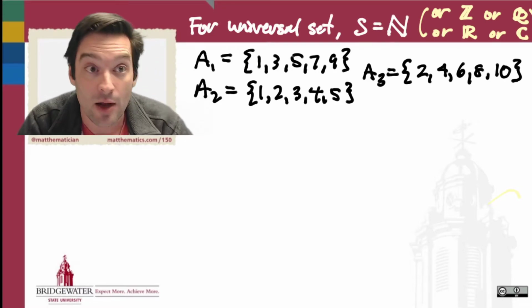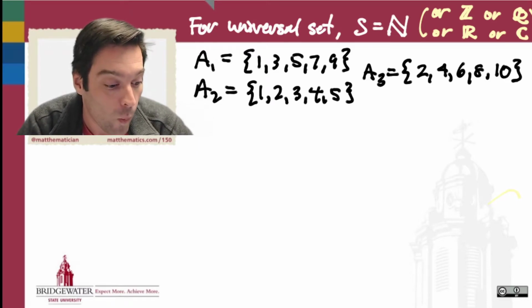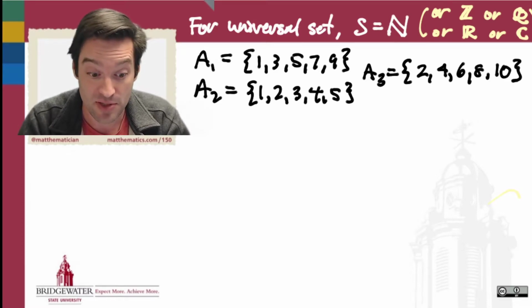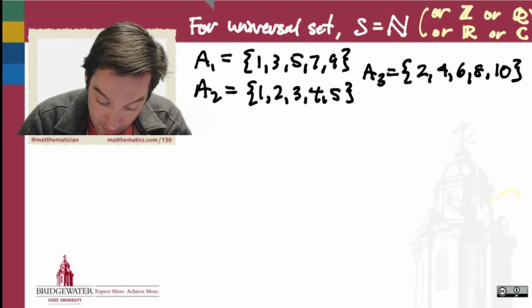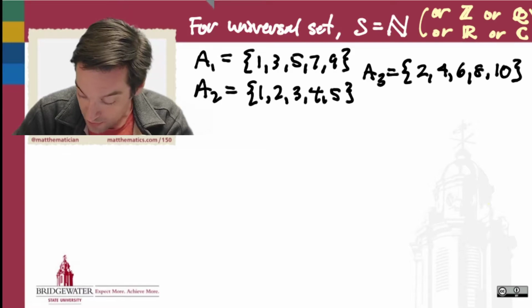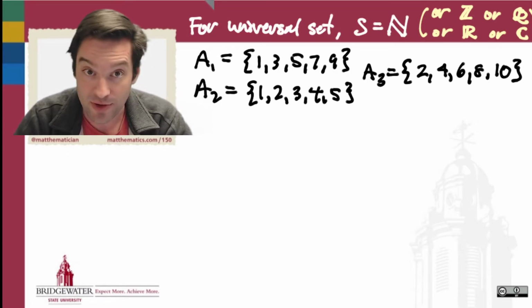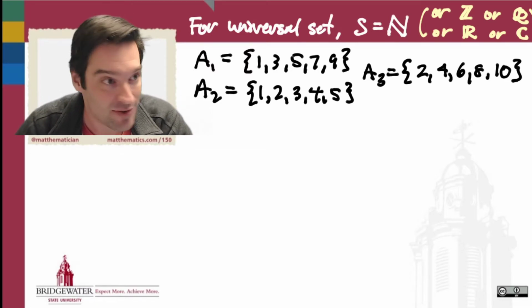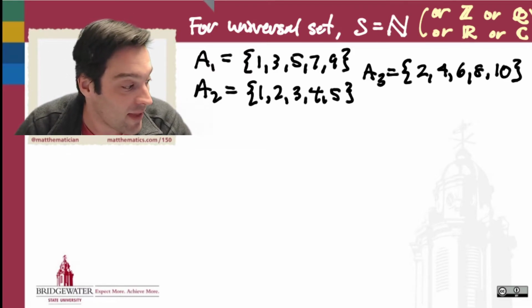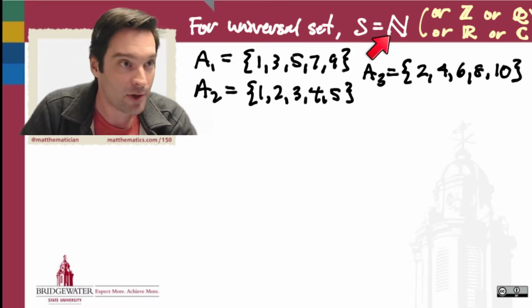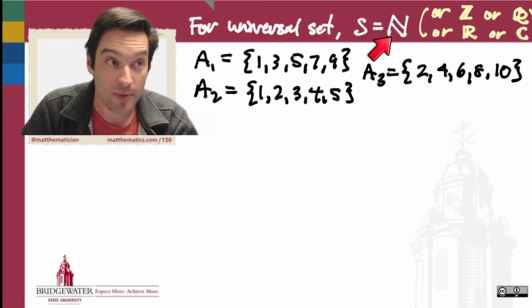So what I'm trying to underscore here is that there's not one answer to what is the universal set for a given subset or a collection of subsets, right? That really is dependent on what you're trying to do. And if the question about what the universal set is becomes a material question, and I'm going to try to make it one later on in this question here, then that's when that information is the most important for us to know. For now, I'm going to agree that let's just take the natural numbers to be a reasonable universal